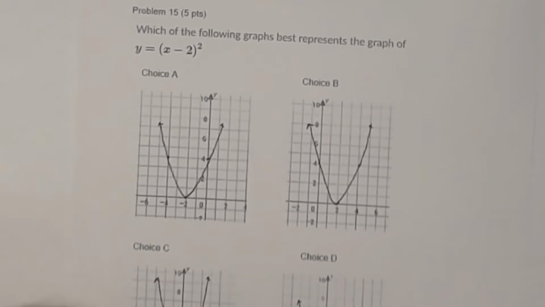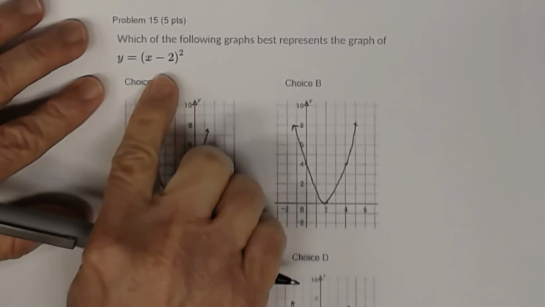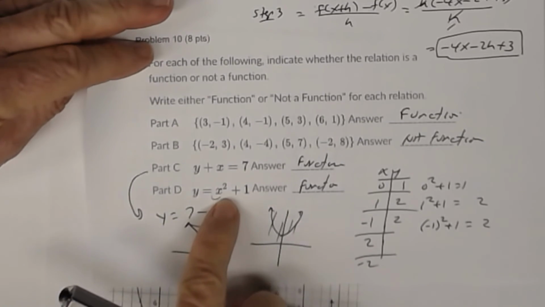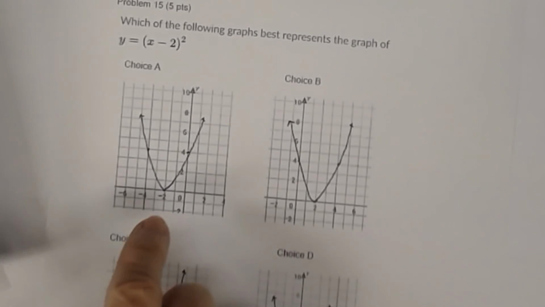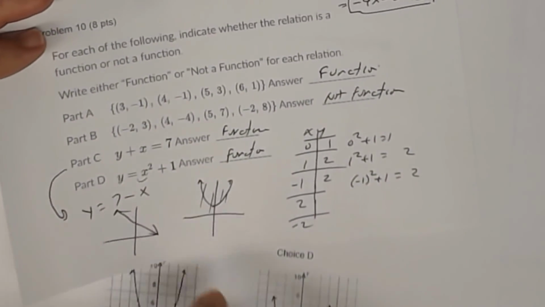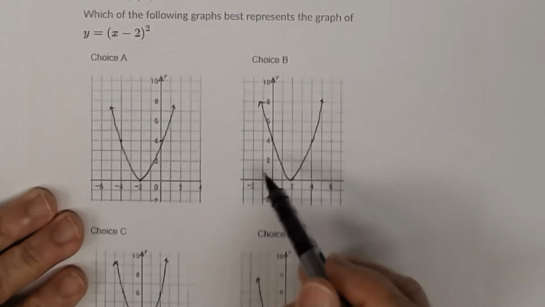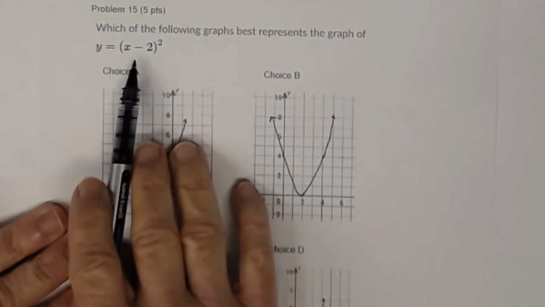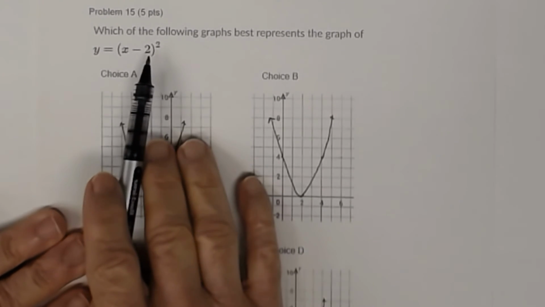And in 15, you want to determine which graph best represents this equation. And it's the same thing we talked about a while ago. This is y equals x squared plus 1. This is y equals (x minus 2) squared. So they're both quadratic, so you'll have a parabola as the shape of the graph. But if you're not sure which one of these to use, just use a t-table to help you. But hopefully, when you did these lessons a while back, you used the idea of